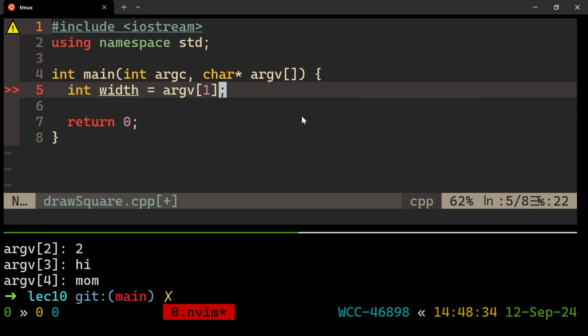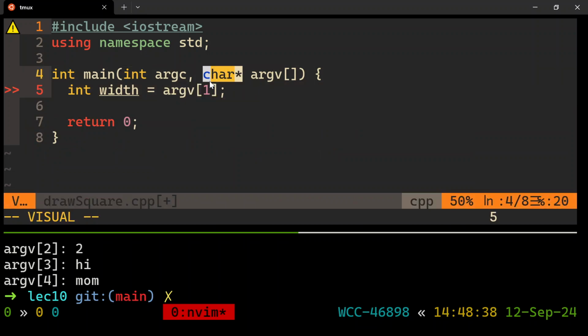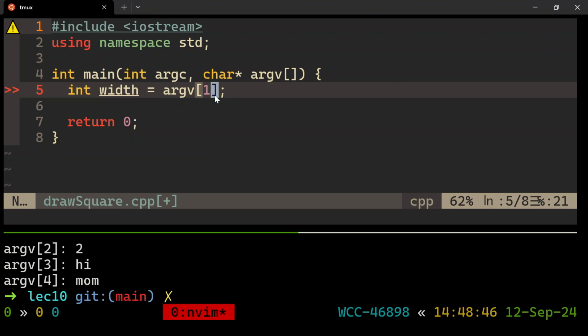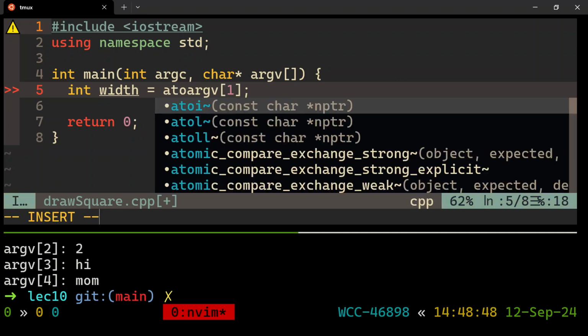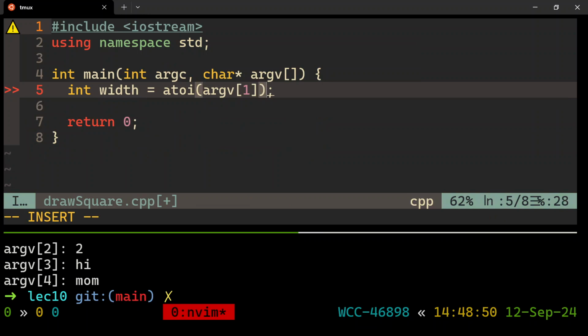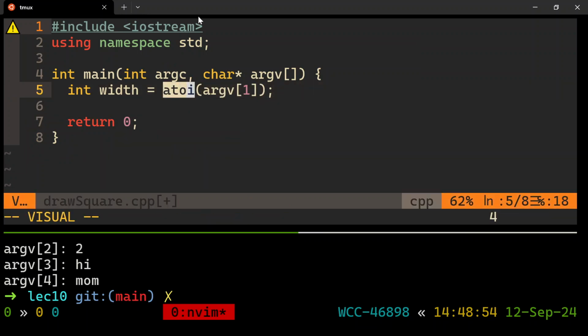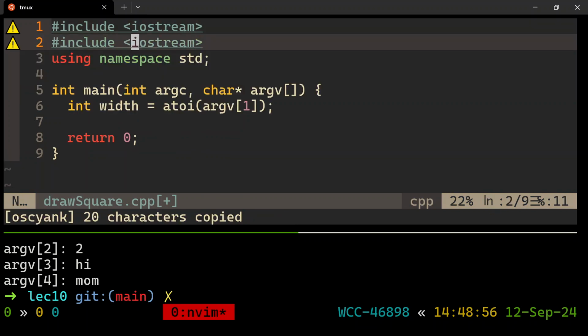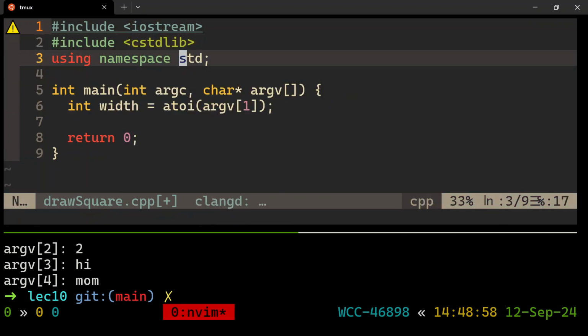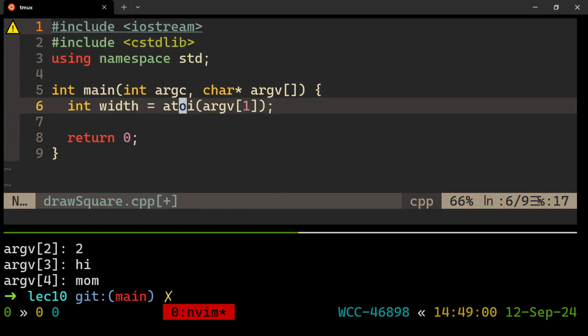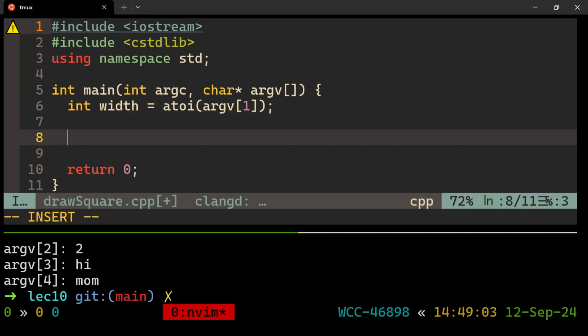But it's not quite ready, right? Because argv of 1 is a C string. It's like the number, it's like the digit 4, the digit 2 as characters. If I want the number 42, I better convert this. Give me the actual thing with the atoi function, A2I. I think the A stands for alphabetic things, alphabet to integer, kind of. That's how I think of it. And that lives in the cstdlib library. So now I have the width in argv of 1, and I just want to use that to draw a